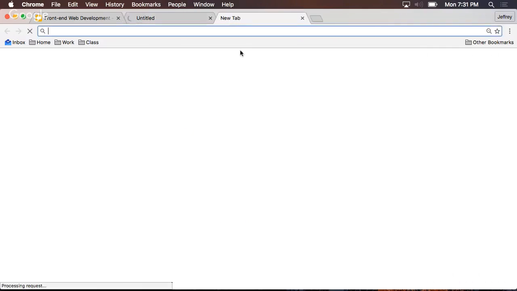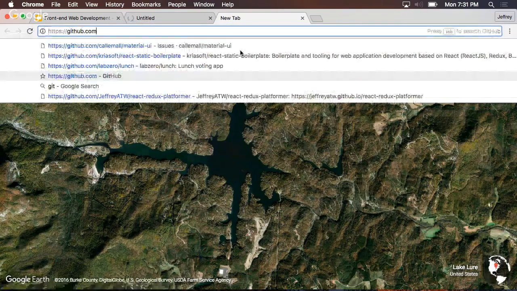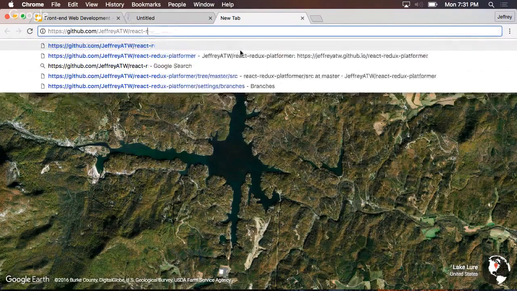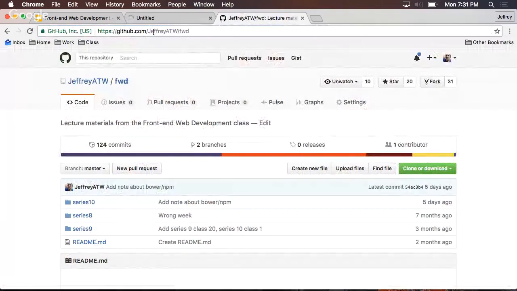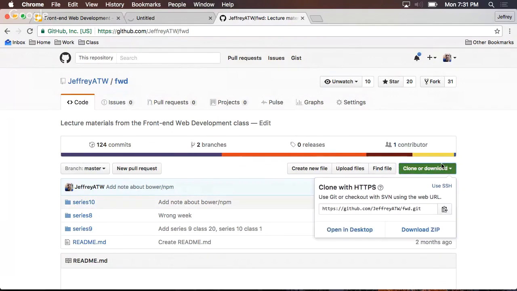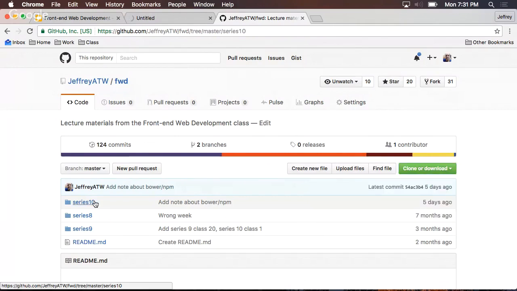And if the NoiseBridge wiki will actually load, then I can show it to you. If it won't load, then I can just take you guys to jeffreyhw/fwd on GitHub. So you've probably seen this, you've probably downloaded this. If not, go to jeffreyhw/fwd, github.com, and go ahead and clone the repository. If you don't know how to clone, you weren't here for that class, just download the zip file, it's fine. It's really just for you to be able to take a look at Series 10